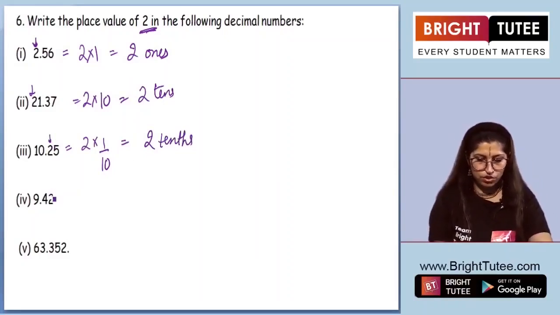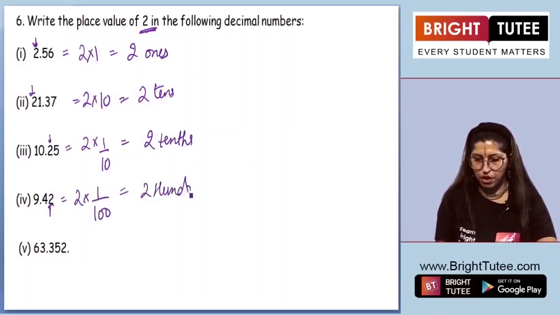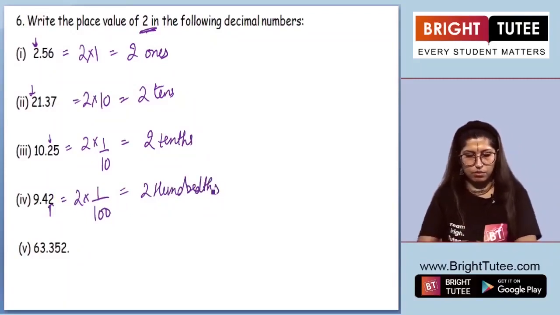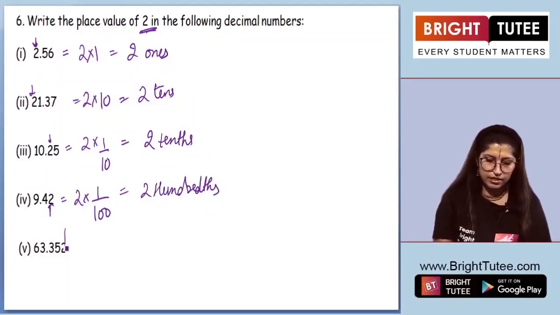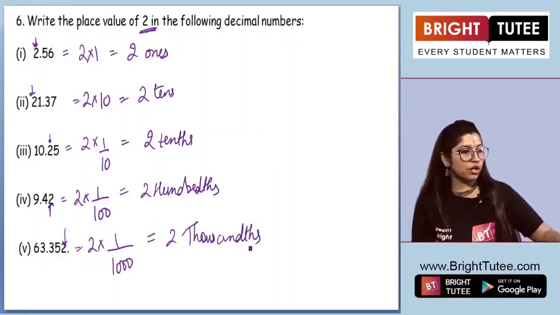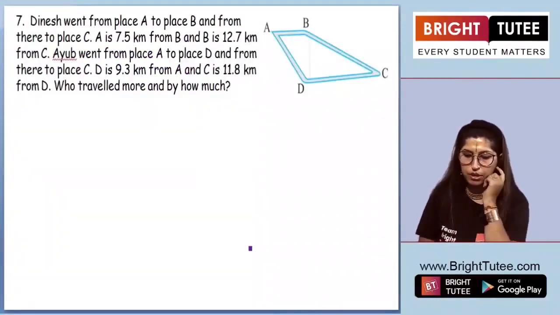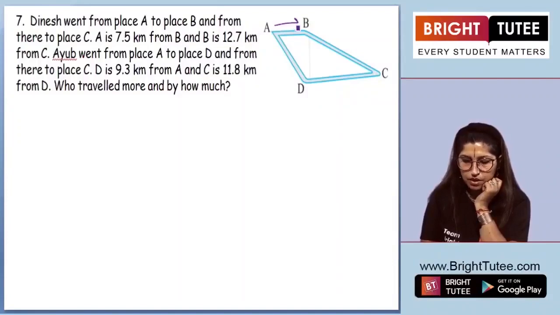Moving on to here, we'll be getting 2 times 1 by 100. So that will be 2 hundredths. Moving on to the last part, which is 63.352. And this 2 will be 2 times 1 upon 1000. So 2 thousandths. Moving on to the 7th question, it says that Dinesh went from place A to place B and from